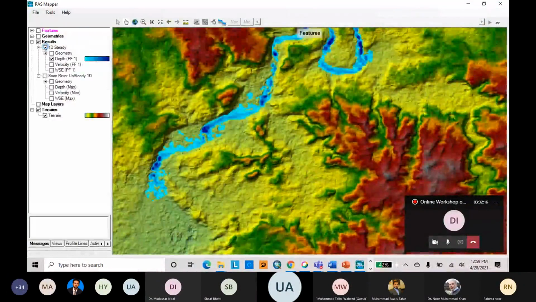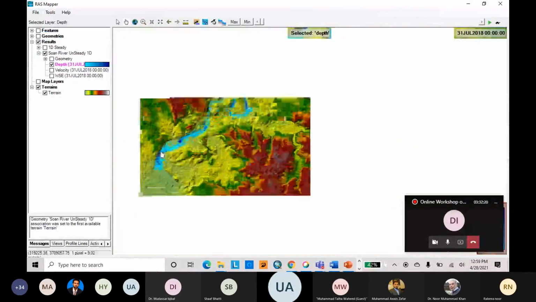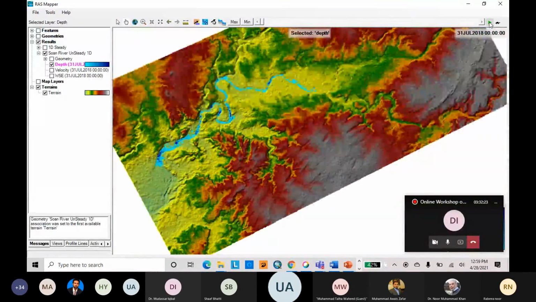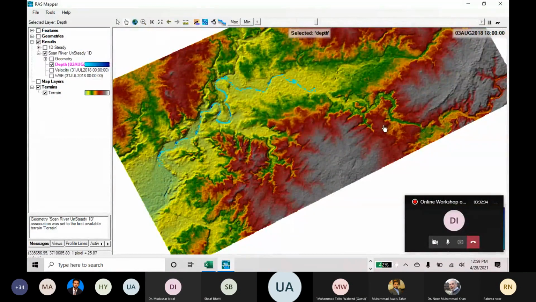Let's run the simulation. We have only the highest value of 300 in our flow hydrograph.